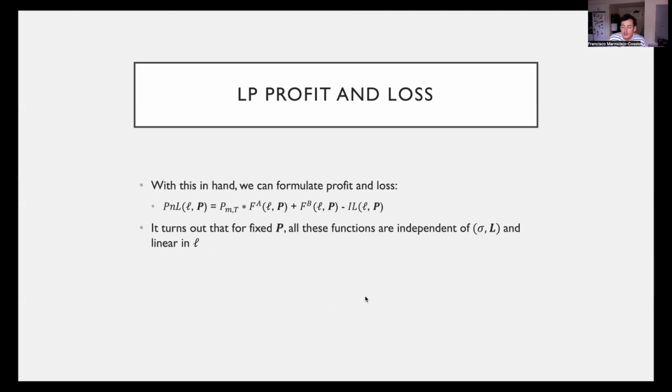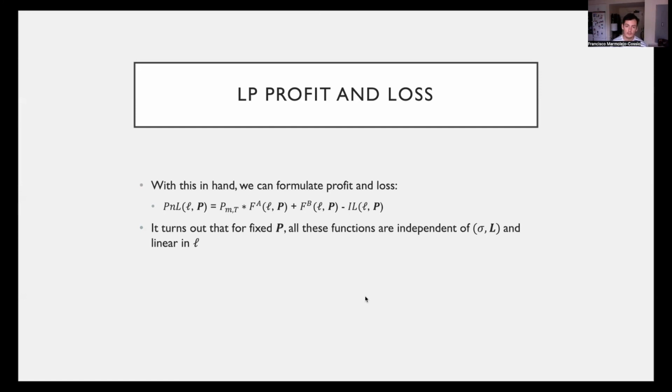And with these expressions, which one can find in the paper, we actually get a very simple expression of profit and loss, which is: we convert the token A at the end of the time horizon to token B, as that's the numeraire, and we simply add the fees and subtract the impermanent loss. And another way of thinking about this is that if a liquidity provider were borrowing the assets in terms of token A and token B to begin with, this would be their profit or loss